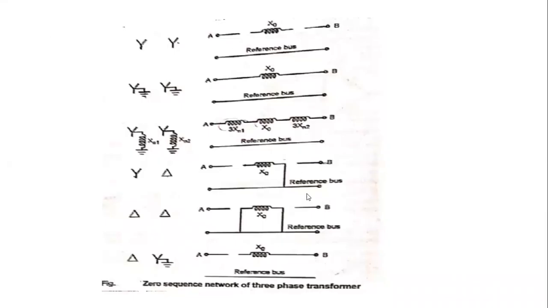Remember the equivalent reactance diagrams. We consider only four criteria. Star means open circuited. Delta means there is a path between the zero sequence reactance and the reference. Ungrounding means open circuited, and grounding means short circuited. Remember these four considerations, and then we can easily draw the diagrams for zero, positive, and negative sequences for transformers and synchronous machines.